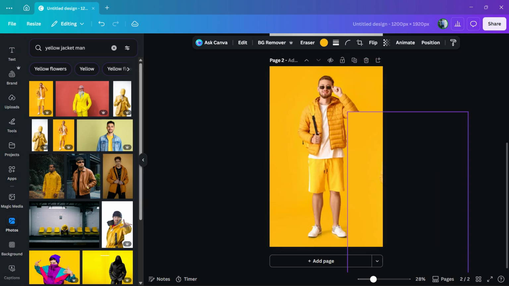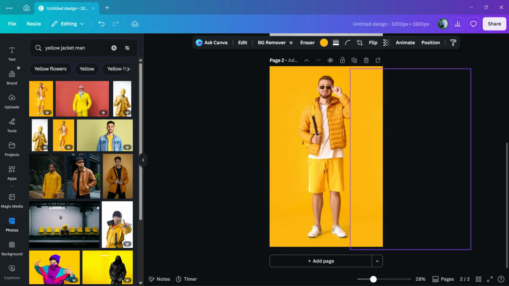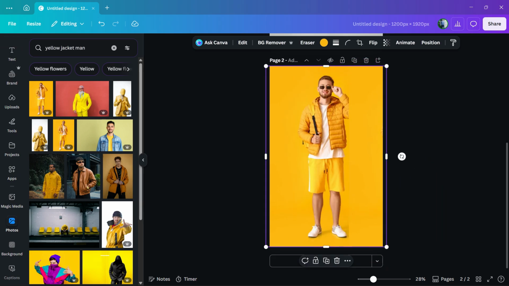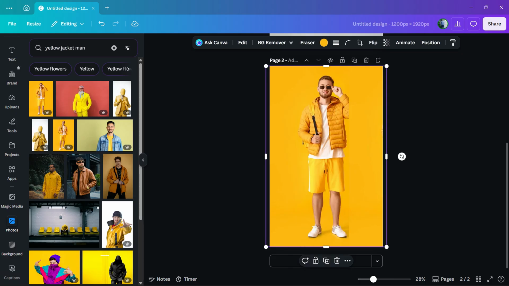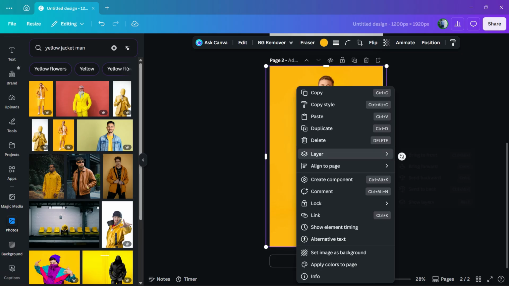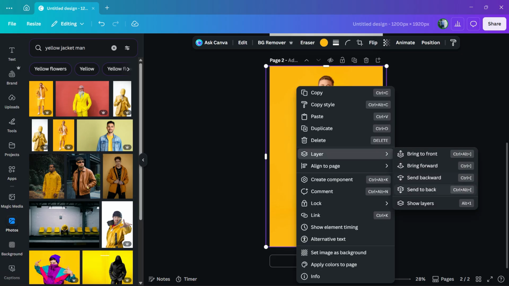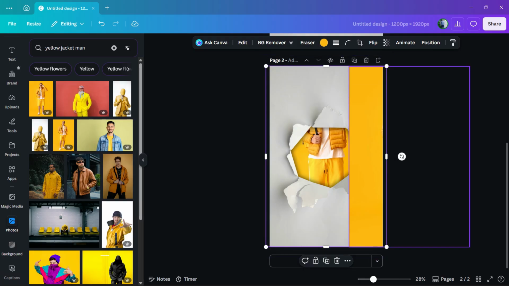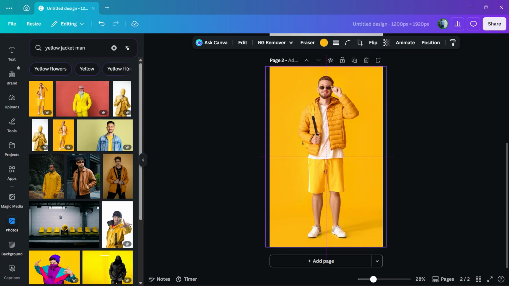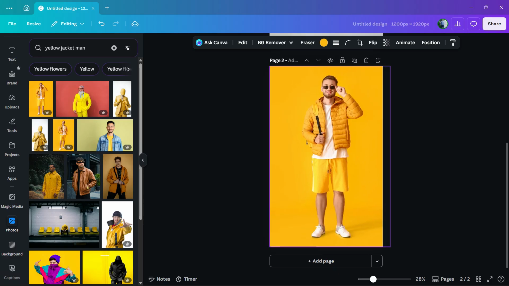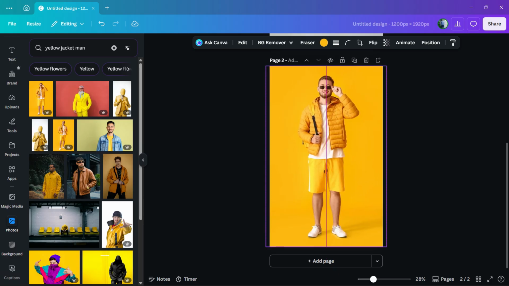Let me move the copy ahead, just like this, and on the first one I'm gonna change this layer to background. So I'm gonna click on the first photo, click with the right button of my mouse, select layer and click on send backward, just like this. Then I'm gonna select the second image and move it back right here to the center of the picture,